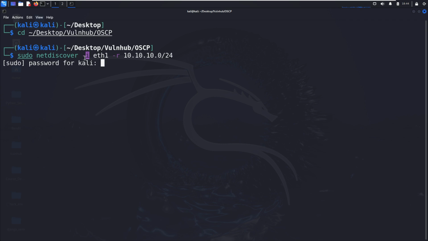And the netdiscover utility will use this interface to send packets to the network and wait for responses from the machines. And by this way, netdiscover can confirm which machine is online or offline. Okay, so now we can go on.